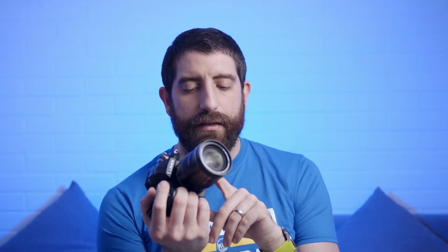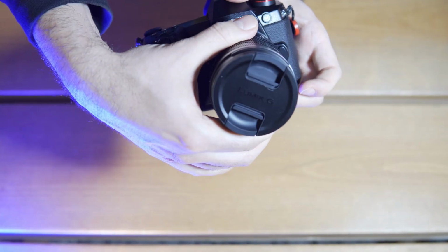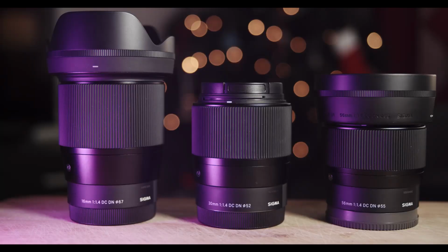Reason number 2, micro four thirds mount. There's a ton of native glass, both from Panasonic, Panasonic Leica and Olympus, which are great. There are some Sigma lenses as well. The trio that I love for the Sony APS-C, the 16, 30 and 56mm f1.4, they're also for micro four thirds mount, which they have of course a bit different equivalent field of view. But then one great thing of this mount is that it has a very short flange distance. The sensor is smaller than in many of the other systems, so pretty much everything is adaptable to micro four